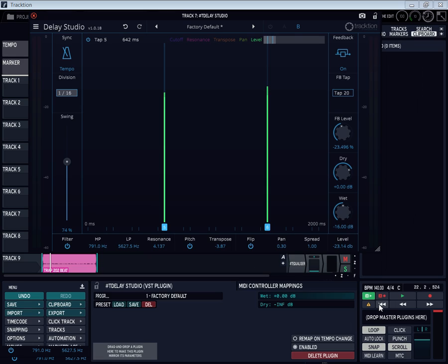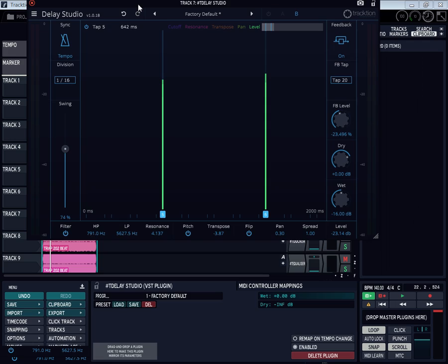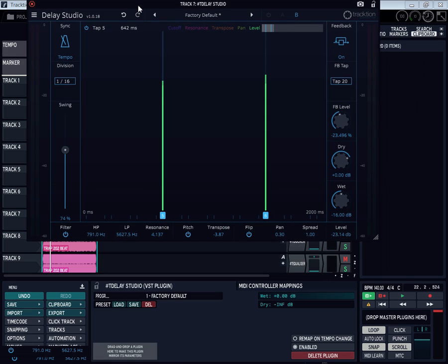This is what you'll do, right? You'll go to your delay plugin, chorus plugin, any plugin that you will want tempo match, like phaser, delay, reverb. You will want to tempo match these. So